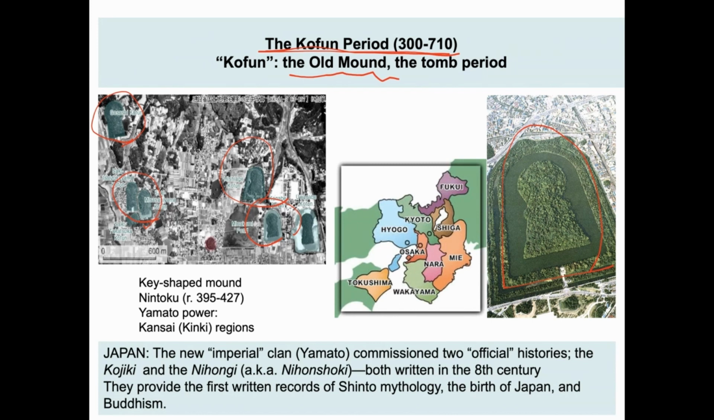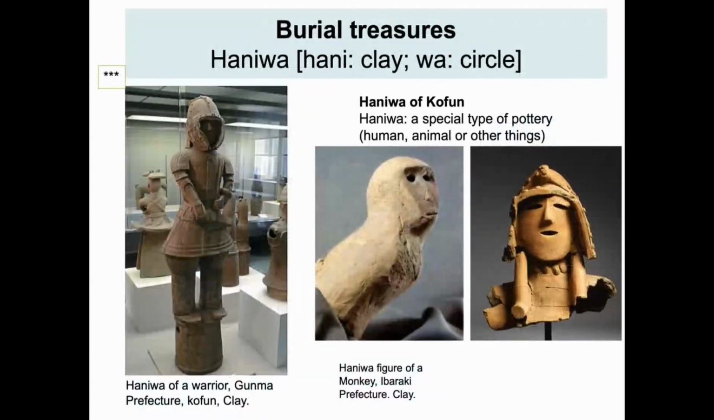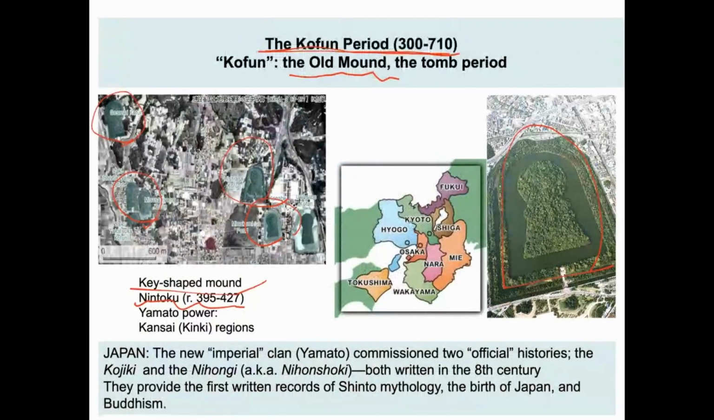And to commemorate their power after they died, you can see this type of key-shaped mounds. The largest one, we know the emperor was Shinto. Official history was written in the 8th century, and there you are going to see the names of these emperors. During the Kofun period, you used to install certain figures around the tombs, again to emphasize their